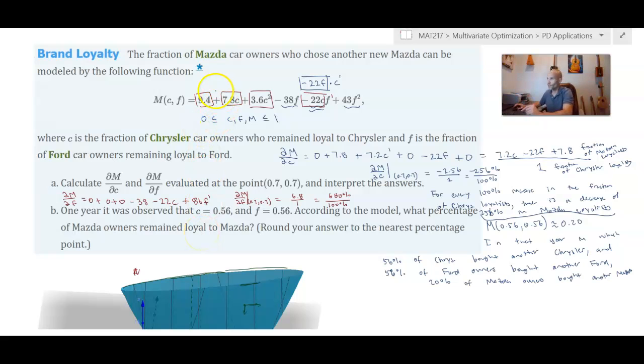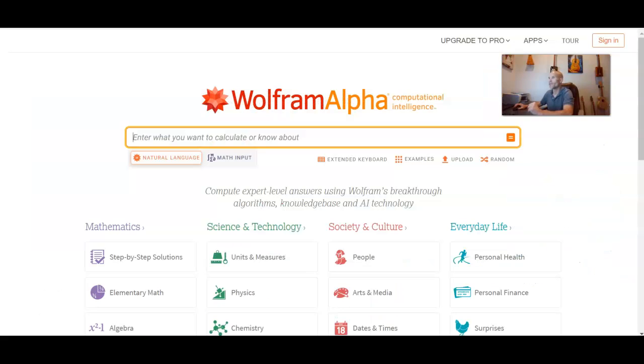In this quick and short video, I just want to show you how you could compute these partial derivatives using technology. So I'm going to use Wolfram Alpha, and if you go to wolframalpha.com, it'll take you to this almost Google-looking browser. And in here you type in the function, so I'm just going to go ahead and paste what I already have. And this is the function right here: 9.4 plus 7.8c plus 3.6c squared minus 38f minus 22c times